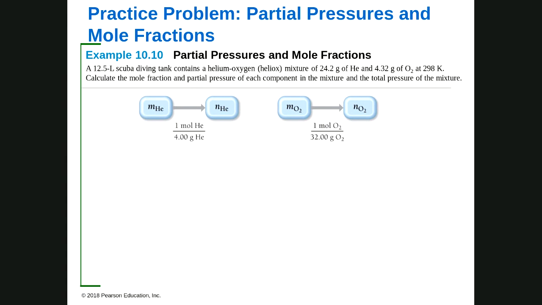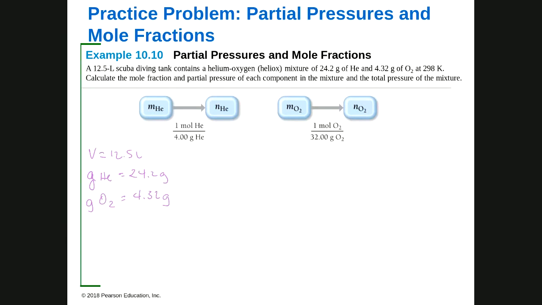All right, so it gave us a volume of 12.5 liters. It gave us the mix, it gave us the mass, so grams of helium is 24.2 grams. Grams of oxygen is 4.32 grams, and that's the only 2 things that are in there. Okay,